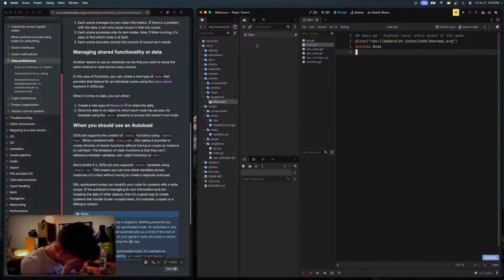Okay, so our main entry point is going to be the thing that actually loads in our data later on, and it's going to have all of the other systems as children, right? Okay. Because we want to keep